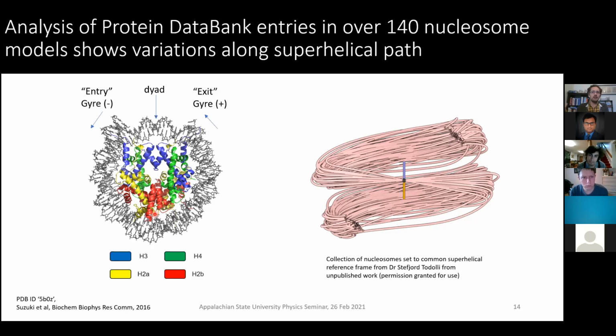My friend and colleague, Dr. Chidoli, who's in my lab, did some wonderful work using data science techniques to look at the collection of nucleosomes that now exist in the Protein Data Bank, and at particular conditions such as the level of resolution of our structures. He was able to get about 140 of these deposited nucleosomes. If you notice in this collection, they all follow in some way, shape, and form a superhelical path that's pretty similar.